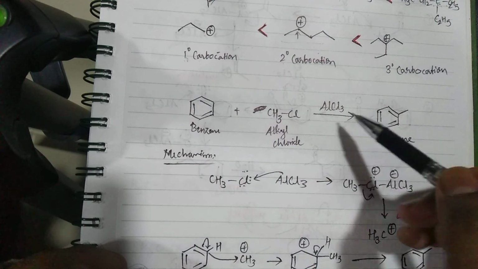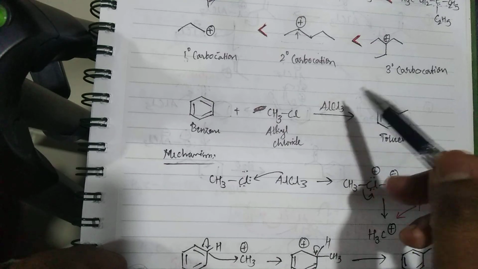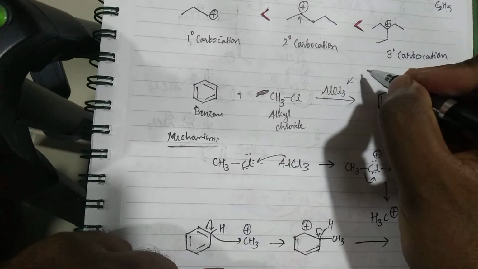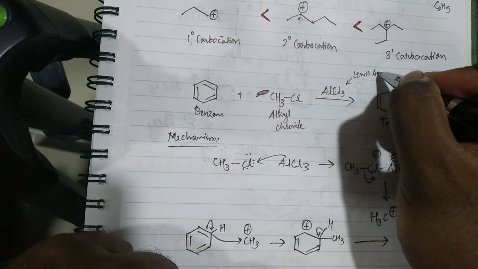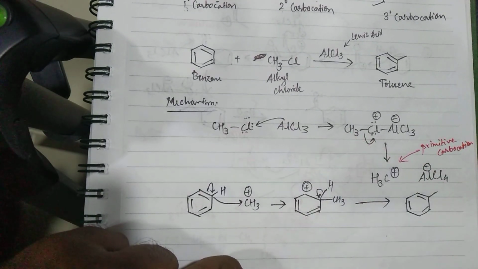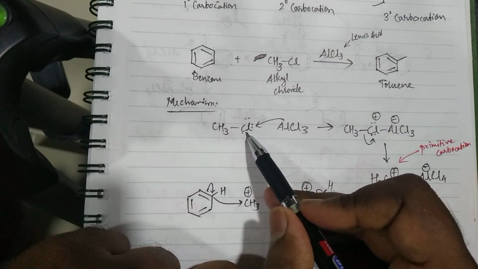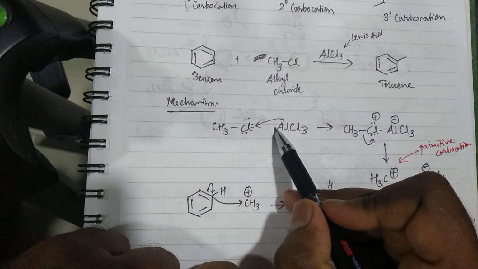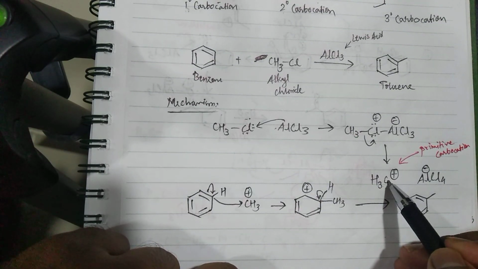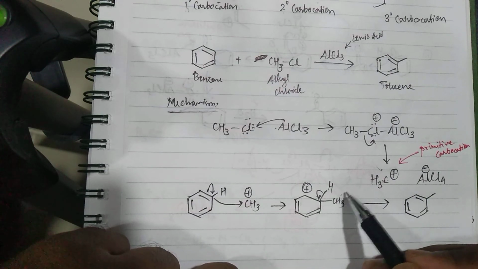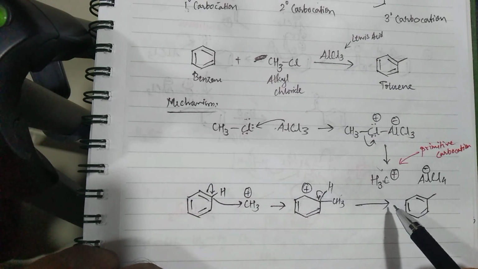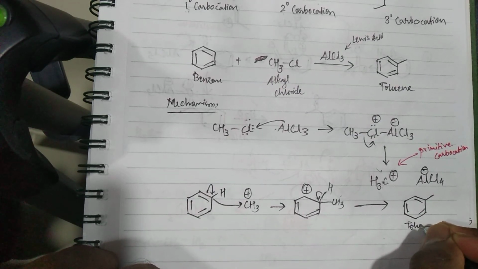Okay, so you have this CH3 group which is obtained from this alkyl chloride with the help of AlCl3. So here AlCl3 again is a Lewis acid. The story is the same, the only thing is you do not have a carbonyl group here. So the lone pairs of chlorine are picked up by aluminum chloride. It forms a complex. Then it releases this carbocation. This carbocation later substitutes the hydrogen on the benzene ring to form toluene.